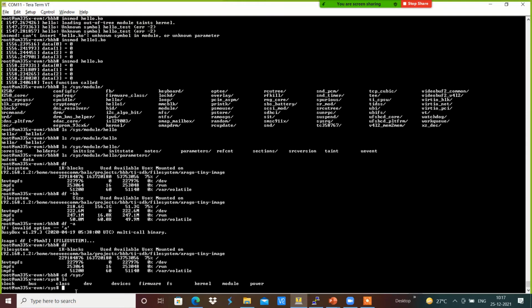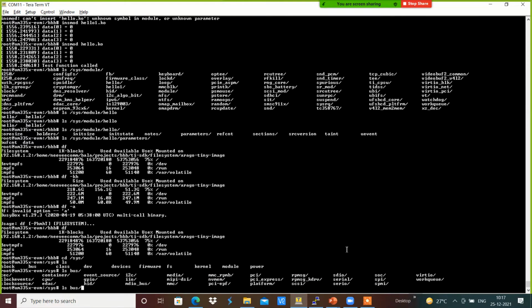Inside sysfs there will be different directories with respect to the block devices, and with respect to the buses, for example PCIe bus, USB bus, I2C bus or SPI bus. Like that, it has been categorized accordingly.